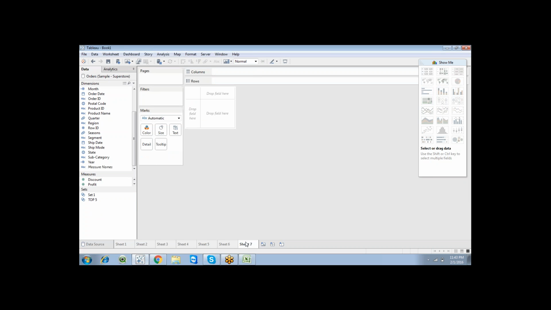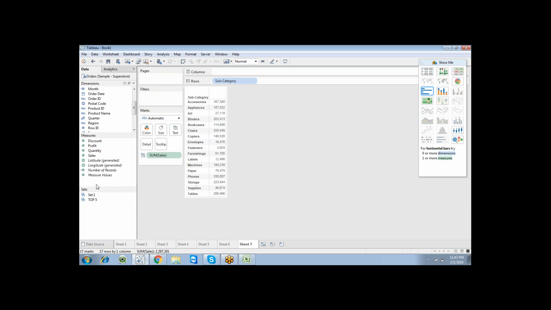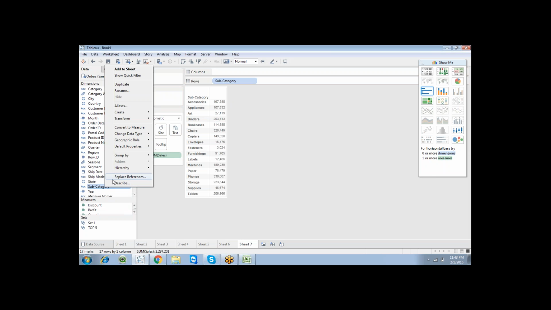Just go to new sheet. Now I have top 5, subcategory, and I do have sales, and I do have a top 5. Just drag and drop the calculation here. So now you can see only a smaller number of values, right? So fewer values, and right click on a dimension,